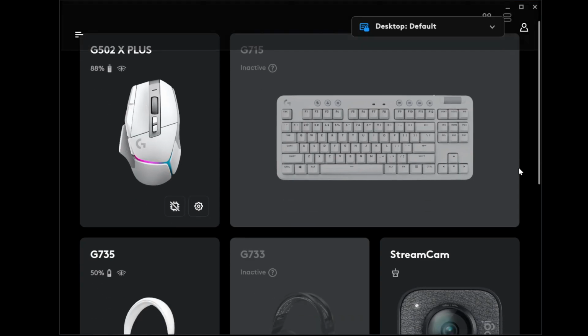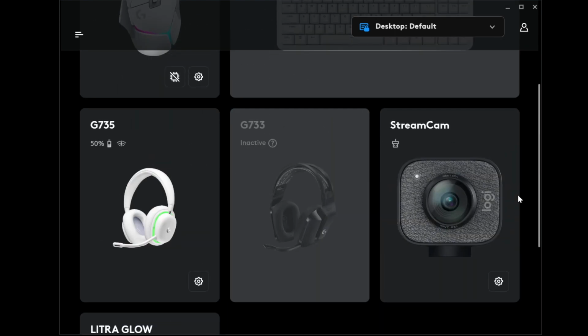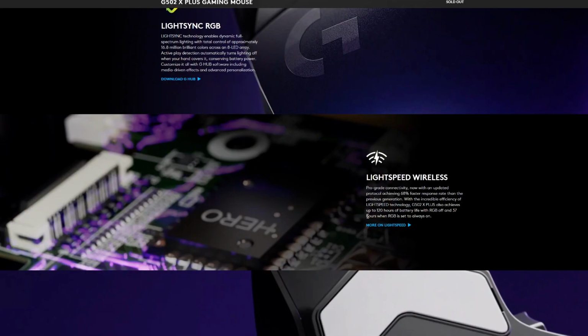A huge feature I'd like to talk about next is Logitech Gaming's Lightspeed. To make the G502 X Plus wireless, they have introduced their Lightspeed technology. If you're already part of the Logitech Gaming ecosystem, you will have noticed the Lightspeed technology through some of your peripherals already. But what the G502 X Plus has incorporated is an updated Lightspeed with 68% faster response rate than